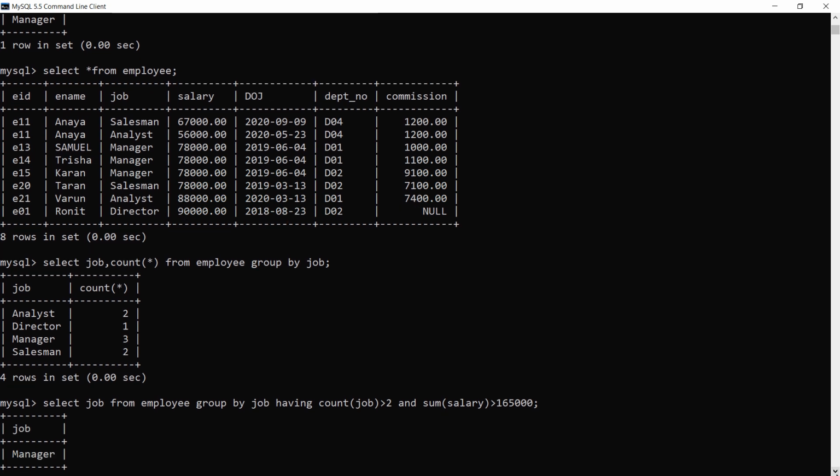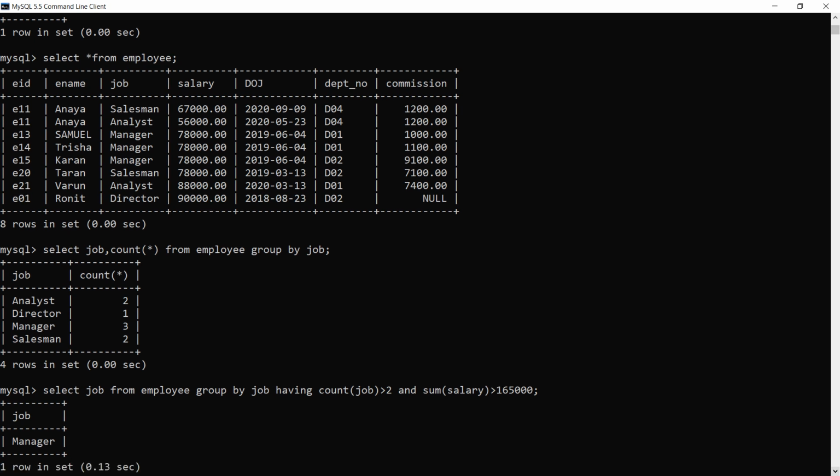Now, whenever the question asks for group by, one clue is that it will ask job wise. That clue you can understand, that they require the group by clause. Job wise counting. Count the records in each job. Count the records in each department. Job wise, department wise. This way we can understand that we require group by here.